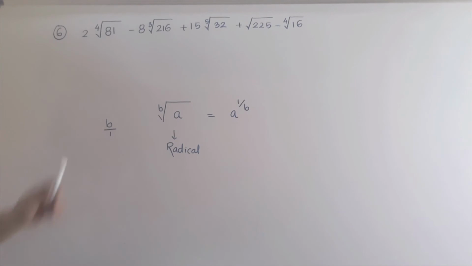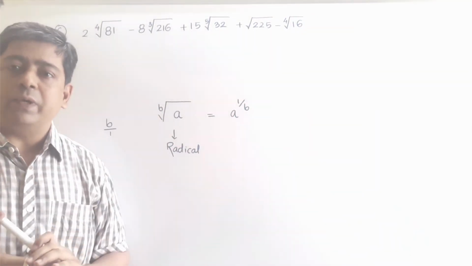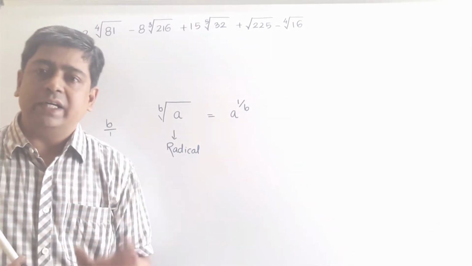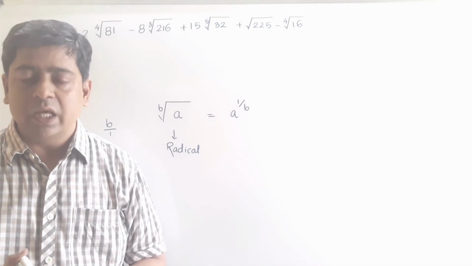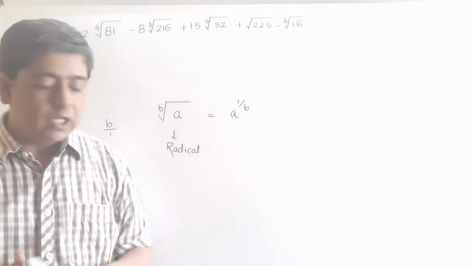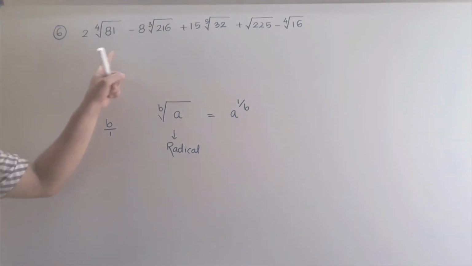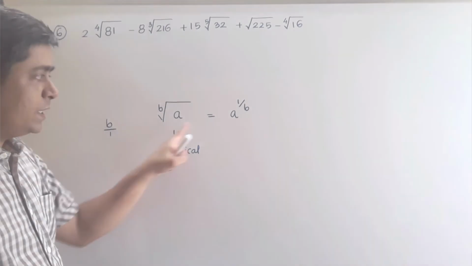In the same manner, first of all we can take the reciprocal of all the terms. However, by keeping the same form also, you can find out the answer. But since you have not covered the radical form and its simplification, I am converting into exponential form and then I am doing it as usual. So let me first convert these radical forms into exponential form. I hope it is clear to you.